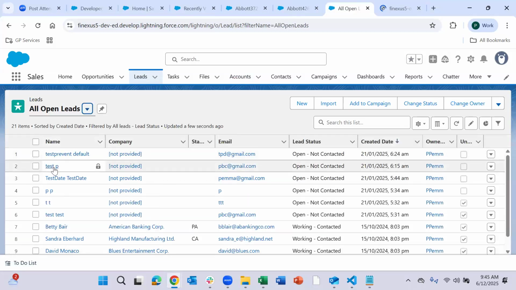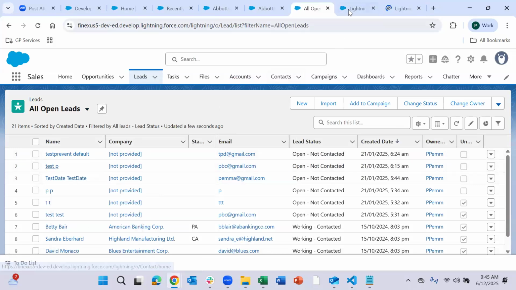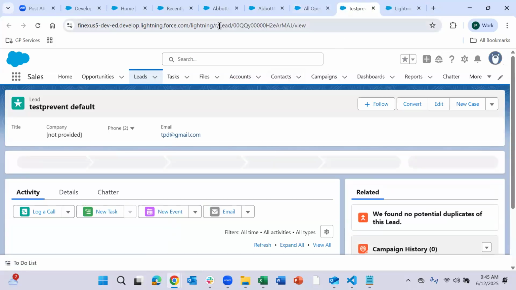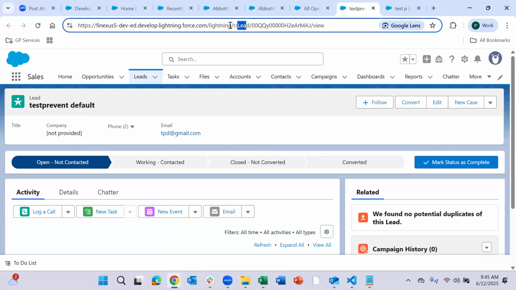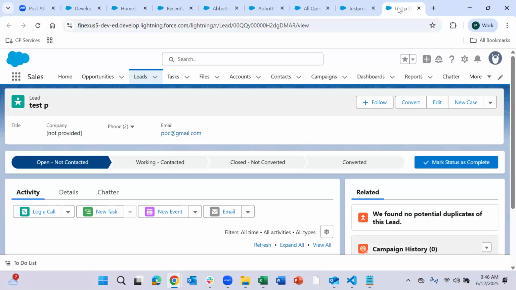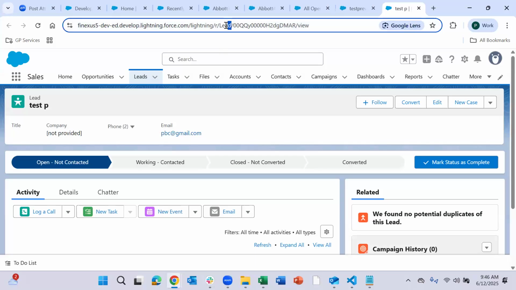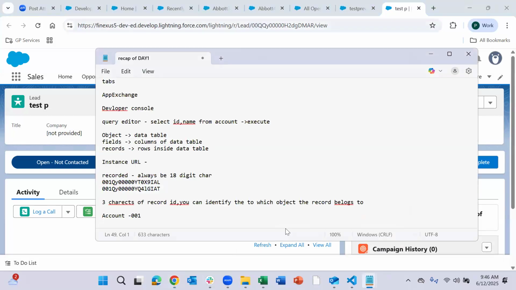If I open a lead record, you can see the object name came as lead, and then you have the record ID. Here it is starting with 00Q. Let's see another lead record. Till this part it is the same, the object name is lead, and again here it is 00Q.